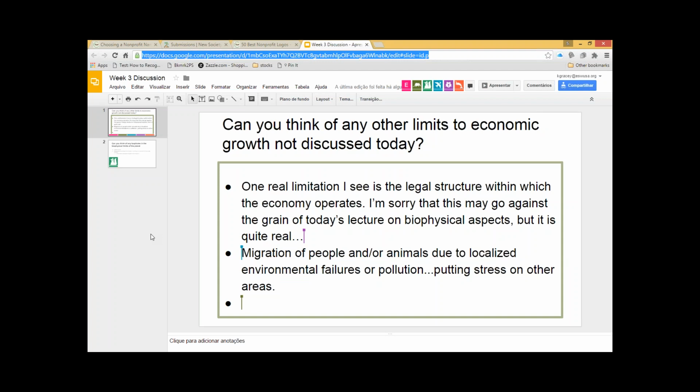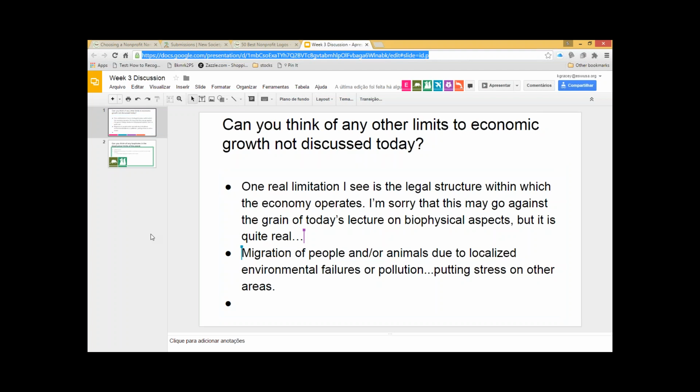Yeah, migration and movements of people, so localized environmental failures. That's definitely true. Not all materials in the environment just flow from one place to another. As you saw in Erin's slides on localized planetary boundaries, you can run out of stuff in one area before you run out of it in another, and also people and animals can move, and so that can put dynamic changes on more localized environments and creates limits within the internal system, right?